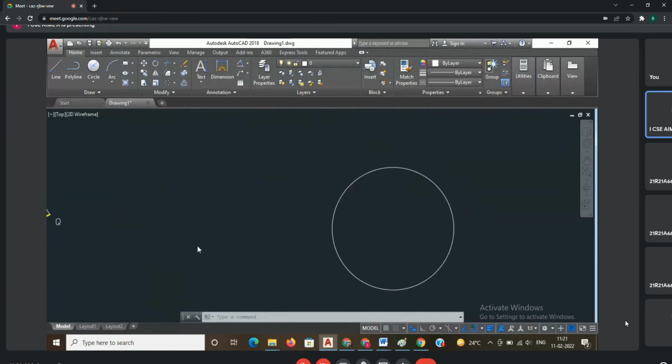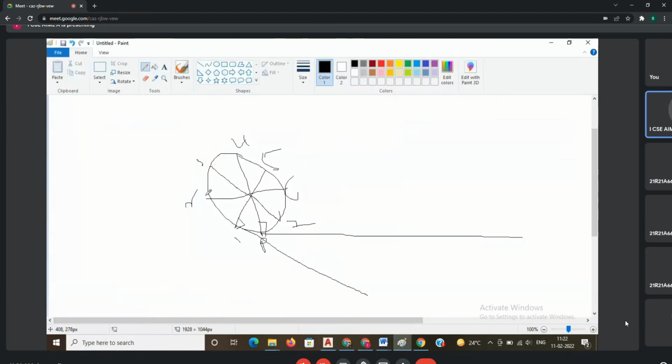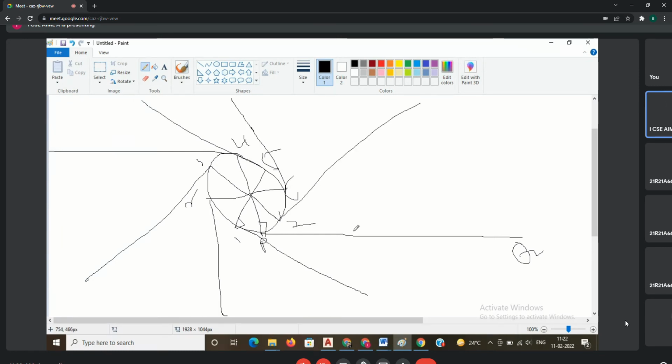Okay. Next, involutes. For involute, first you have to draw the circle, and then divide the circle into 8 equal parts. Then you have to draw one horizontal line, baseline PQ, which is pi into d, 157. Then from each division of the circle, you have to draw one perpendicular line. Suppose this is 1 and 5, for that you have drawn one perpendicular line. Now 2 and 6, for this also one perpendicular line. For 3 and 7, the perpendicular line. For this 4 also one perpendicular line. Like this, you have to draw the perpendicular lines from each division in the involute case.